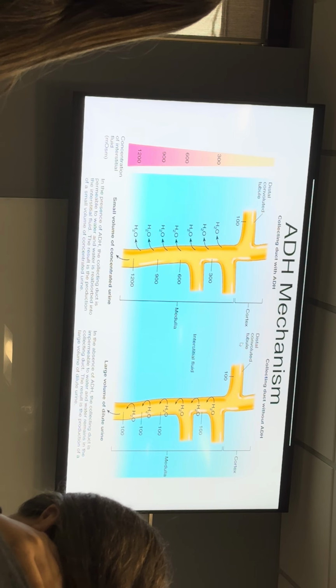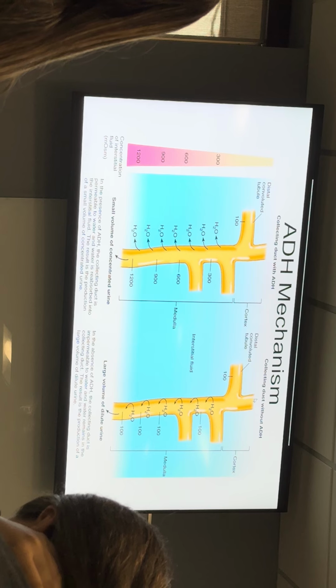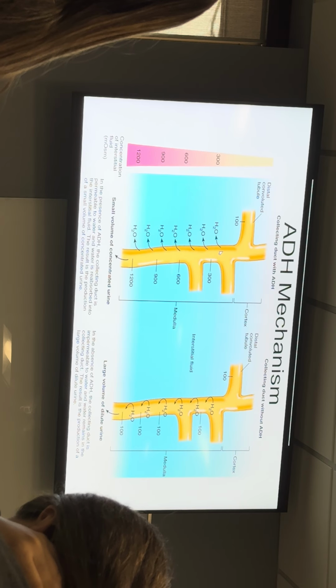So when you are fully hydrated, like you should always be, you have plenty of water in your blood, so your blood pressure is high enough, so you do not release antidiuretic hormone or aldosterone, so you can't reabsorb the water, and the water just gets all peed out. When you are dehydrated and you have low blood pressure, then you release antidiuretic hormone that adds aquaporin molecules to the cell membranes to allow you to reabsorb water, and you do. And you concentrate your urine up to 1,200 milliosmoles per kilogram, which is, that number's meaningless, but it's like 4 times as salty as your average cell.